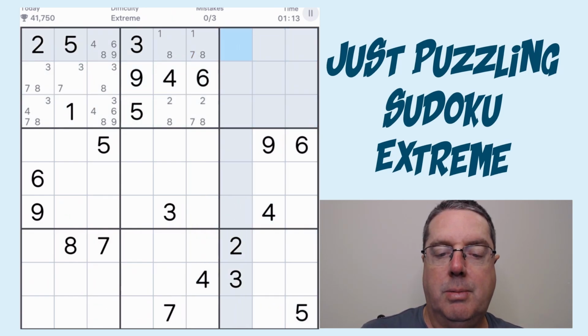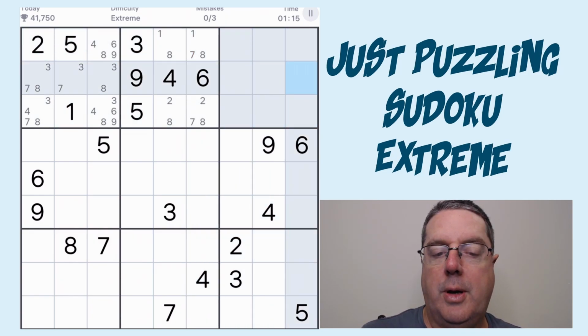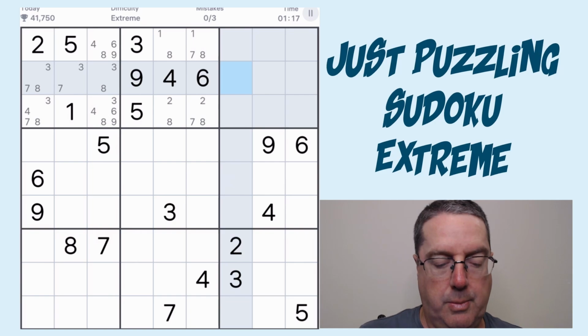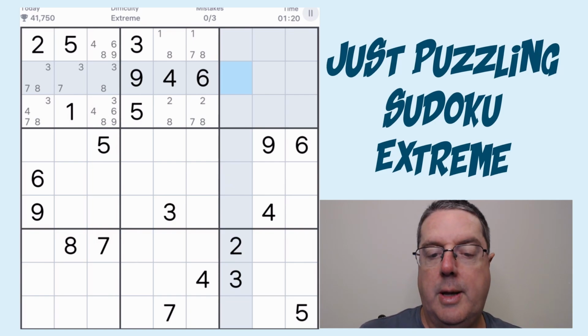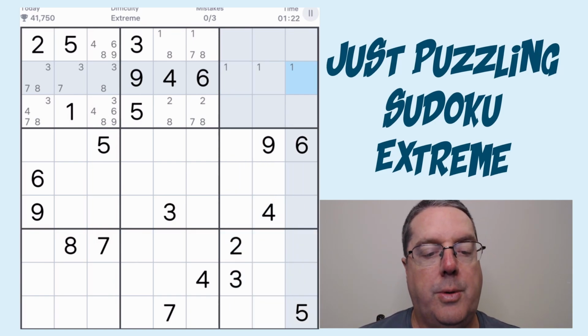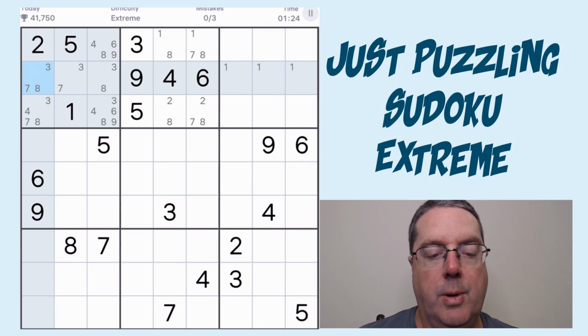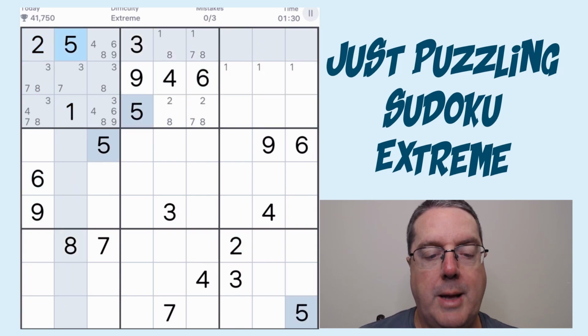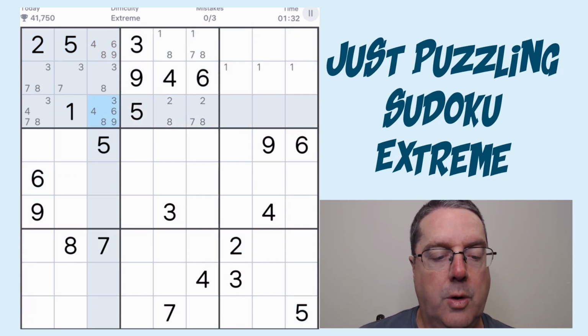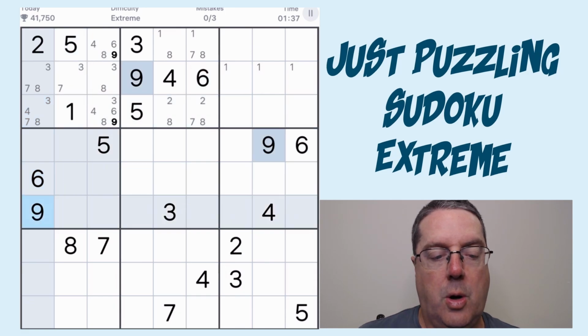Always happy not about having a box that is completely empty, but we've got some numbers here. So let's start with this. So the 3, 7, 8 are there alone, right? So for whatever reason, the 9, 4, 6 weren't in this, so that's going to be 9, 4, 6. And because of the 6, 9 there, that is a 4,